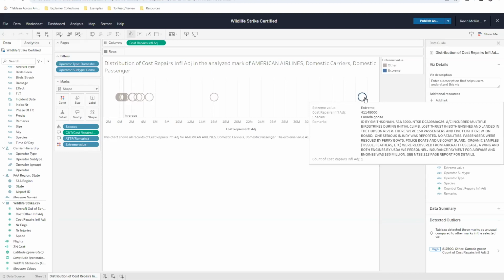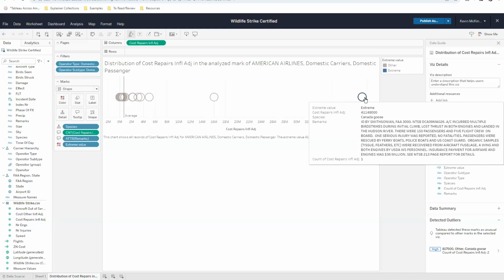Aha, now I understand where this mark has come from. This is an example of the miracle on the Hudson, where Sully Sullenberger landed his aircraft after it was disabled by the bird strike. There were no fatalities and only one minor injury. But they had to fish the plane out of the Hudson River, which was why it was so expensive.